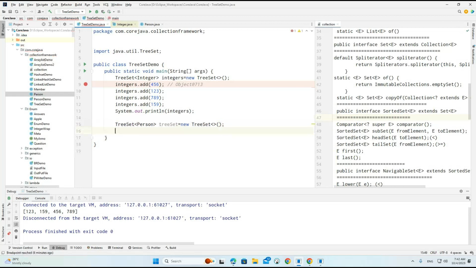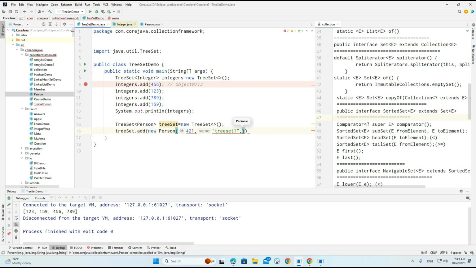So simply a TreeSet object, TreeSet dot add method. But here, I'm going to create a person object. ID I'm going to give as 789, or we can go for a different value. 421 I'm giving, and name